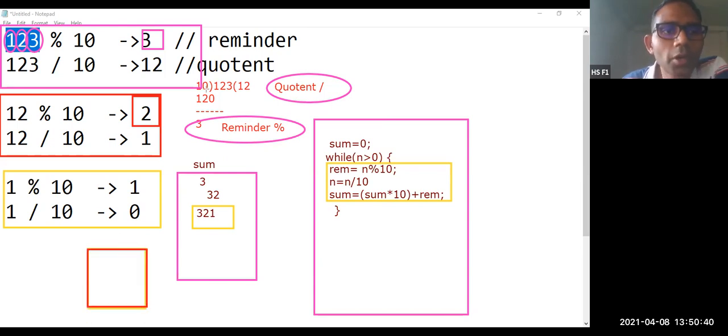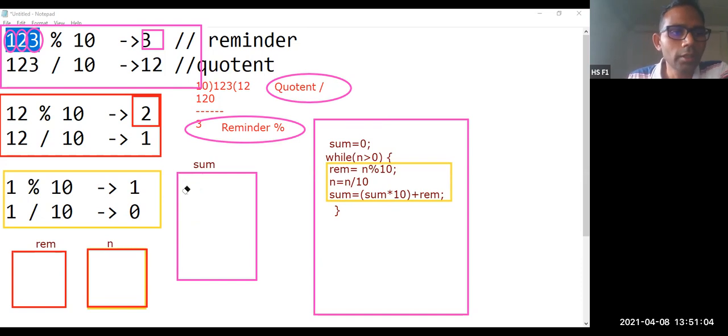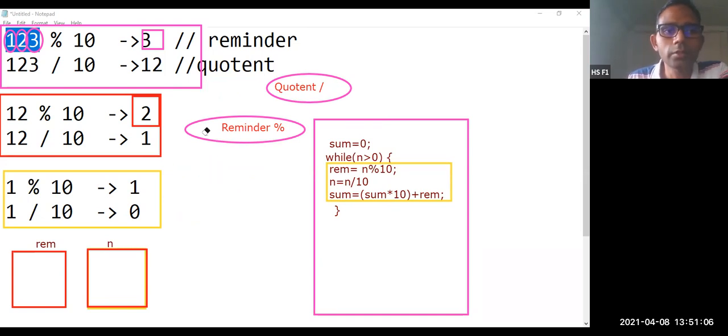We are going to take a memory location whose value is n, and one more memory location, the name of which is reverse or remainder. So the name of this memory location is n, and the name of this memory location is remainder. We already have some sum value. Let us clear this, let us remove this sum also.